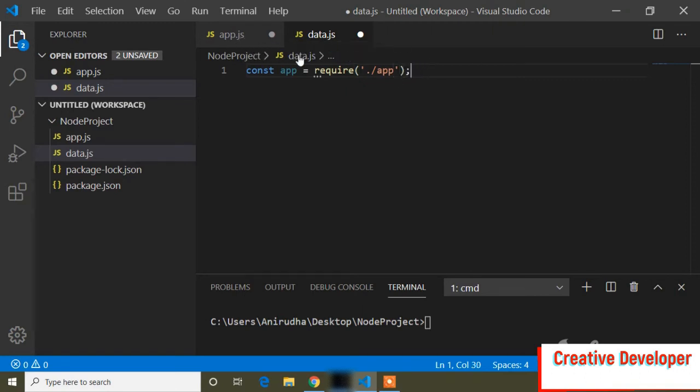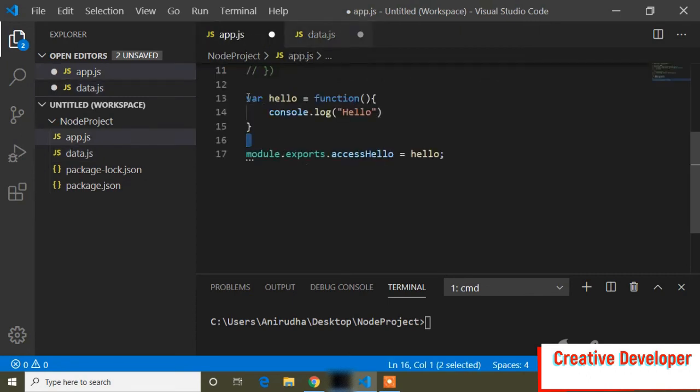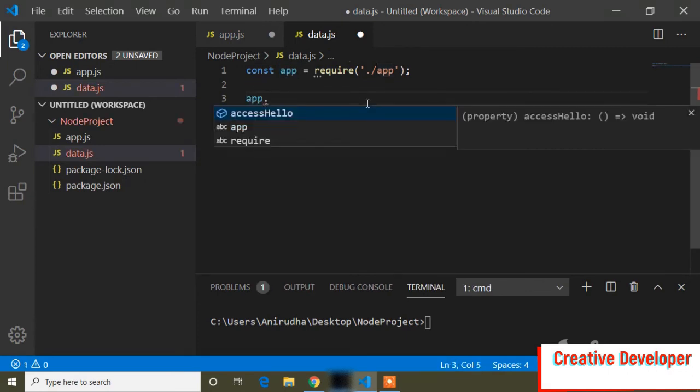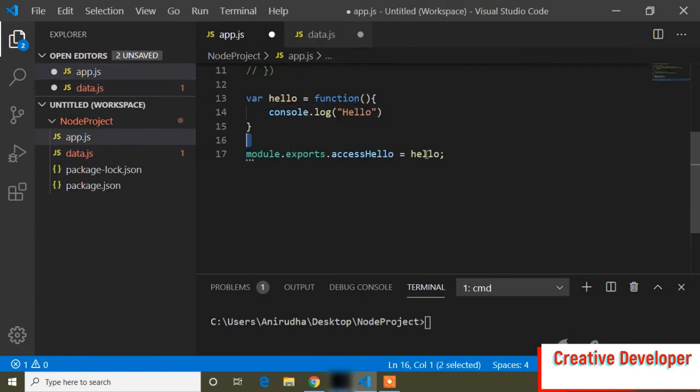So now I access this app.js file. Now I can access any function of this app.js file, and here I will write this app variable, app dot, and I want to access this hello function, which I assigned inside the access hello variable.